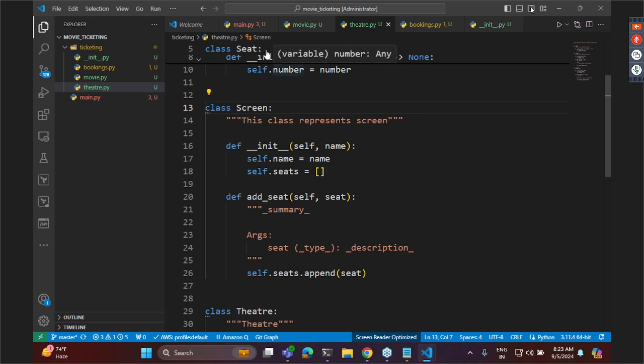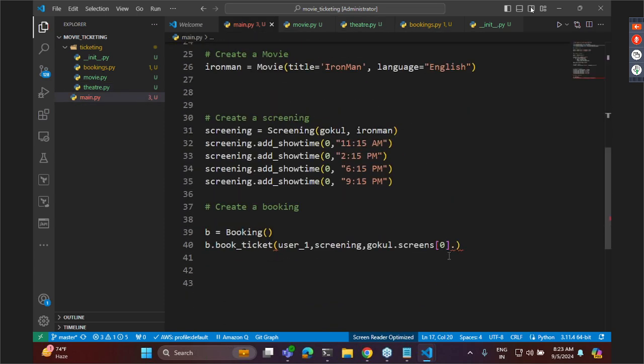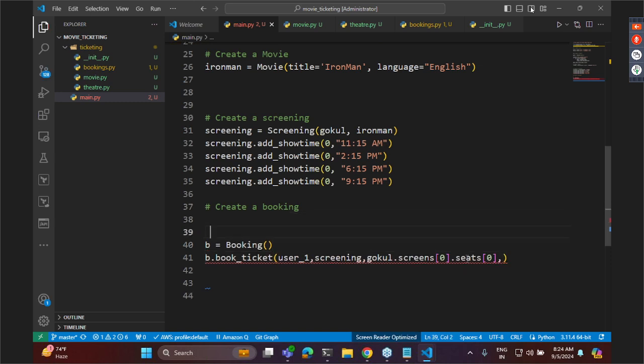The screen has seats, right, yeah, fine. Screens of 0 dot seats of 0, and what is the payment, I have not done the payment yet, so